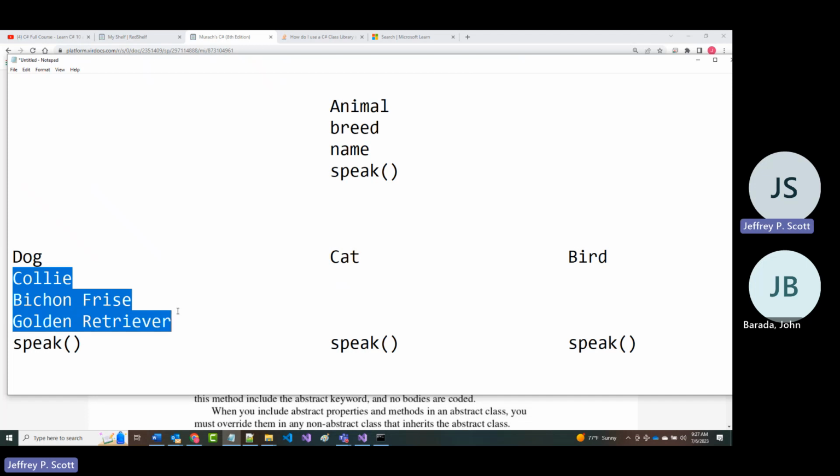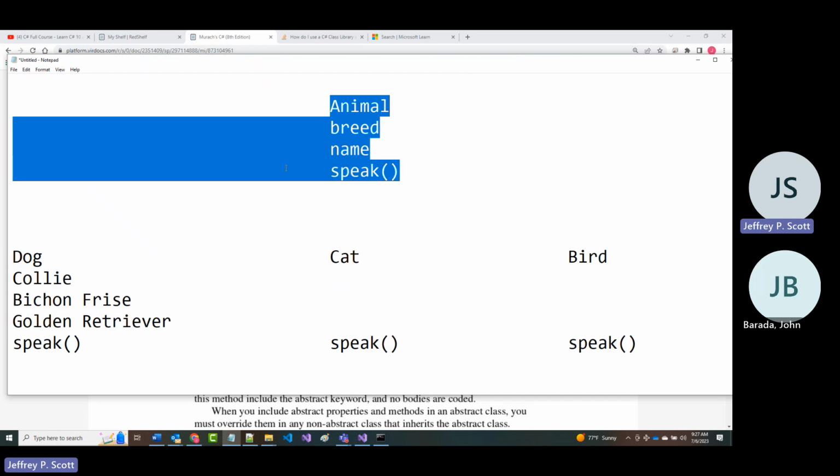It probably would never make sense to create an animal object. A dog object would make sense. A cat object would make sense. A bird object would make sense. But an animal object is just so general or so generic in nature.